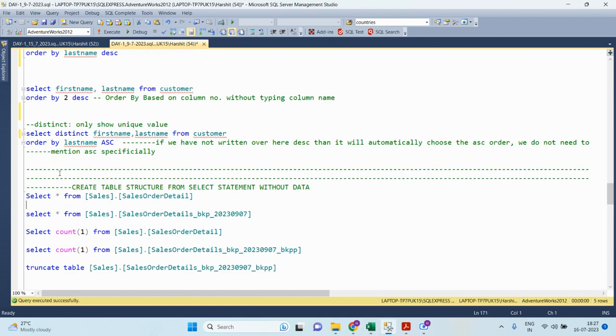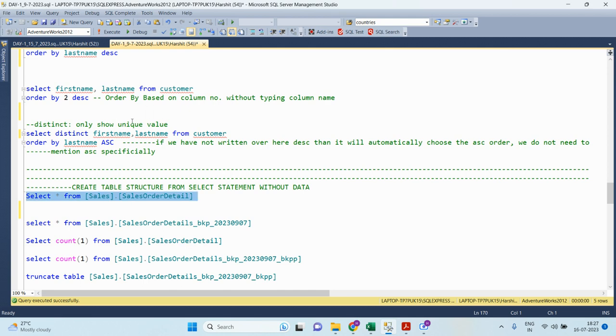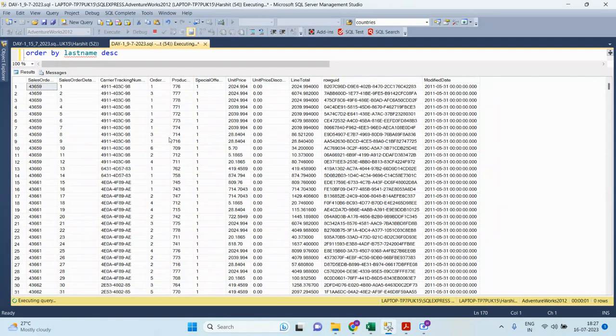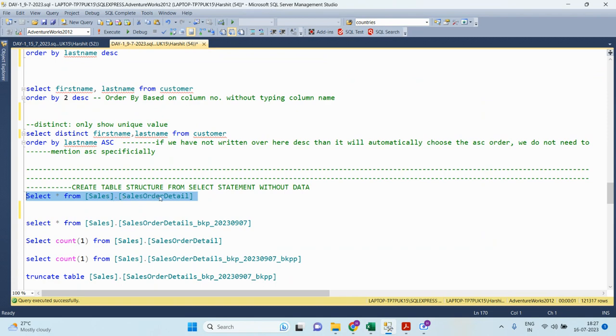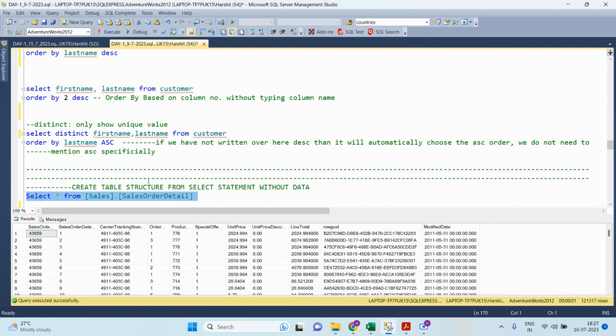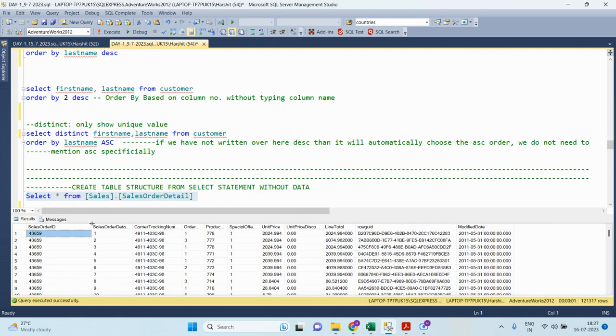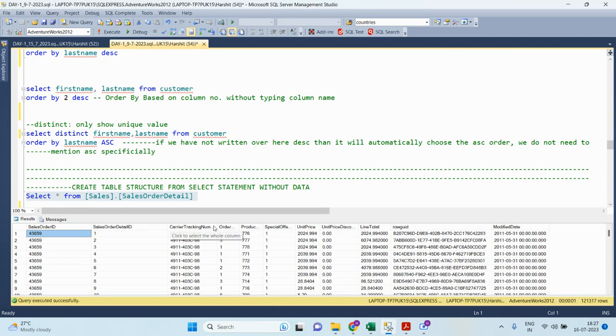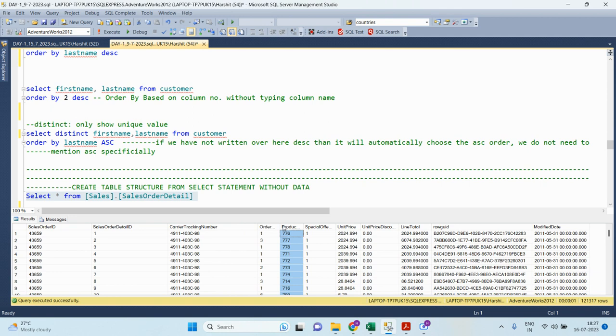Now let me show you another thing. Now there is a table with us, sales order detail, right? You can see over here there is a table which has different columns, like sales order ID, sales order detail ID, then carrier tracking number. All the columns are available with us. But now I want to create another table from this same table, but I want only the structure of the table, like